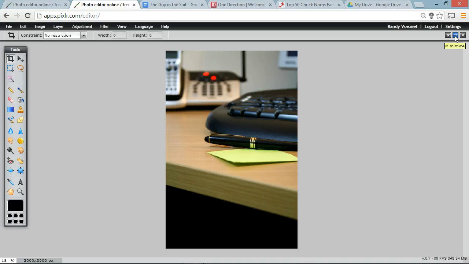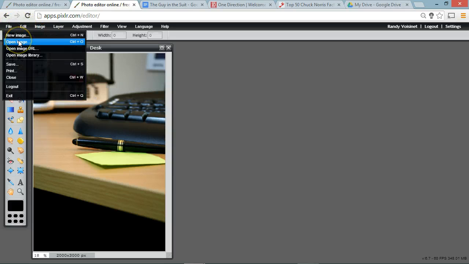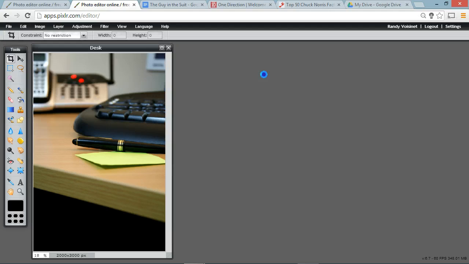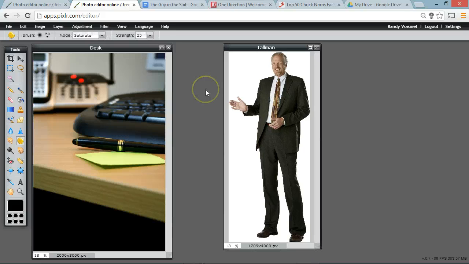You're going to need to minimize so you can open up 2 windows and 2 images. Once you have the first image opened, back to File and Open Image, and just select the other one. And now you have 2 images open at the same time, and we can work on both of them. So our goal is going to be to cut this guy out of this image and add him to the